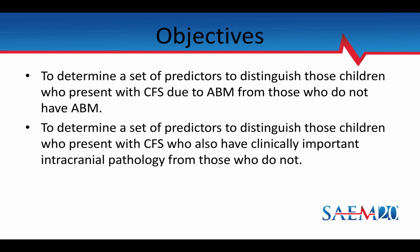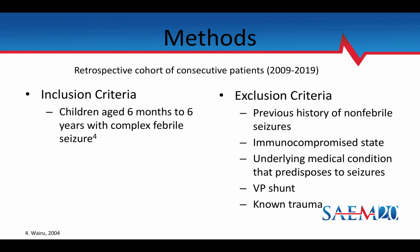The objectives of this study were to determine a set of predictors to distinguish those children with complex febrile seizure that was due to either acute bacterial meningitis or clinically important intracranial pathology from those who did not have these conditions. We performed a retrospective cohort of consecutive patients who presented to an urban emergency department between the years 2009